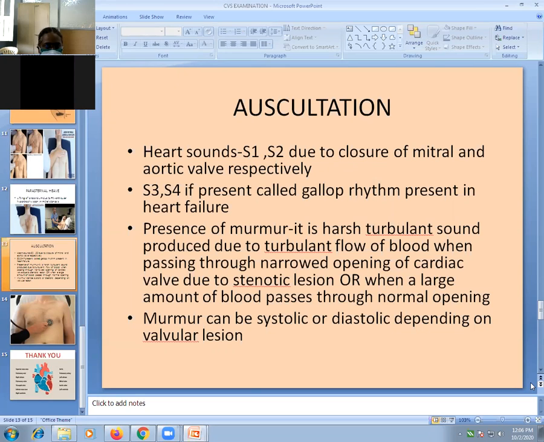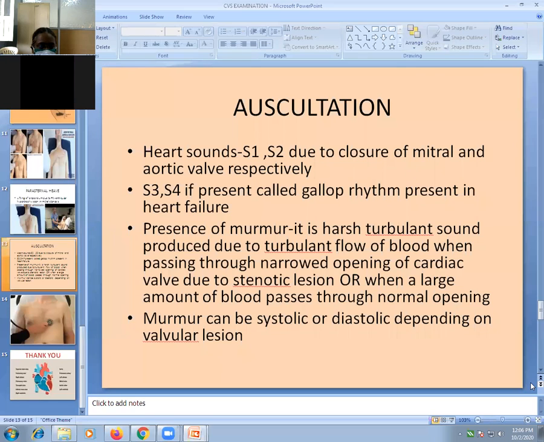S3 and S4 are additional heart sounds which are normally not present. If additional heart sounds like S3 and S4 are present, then it is called gallop rhythm, which is classically seen in heart failure patients. A patient of congestive cardiac failure will get extra heart sounds, not only S1, S2. S1, S2 means you can hear